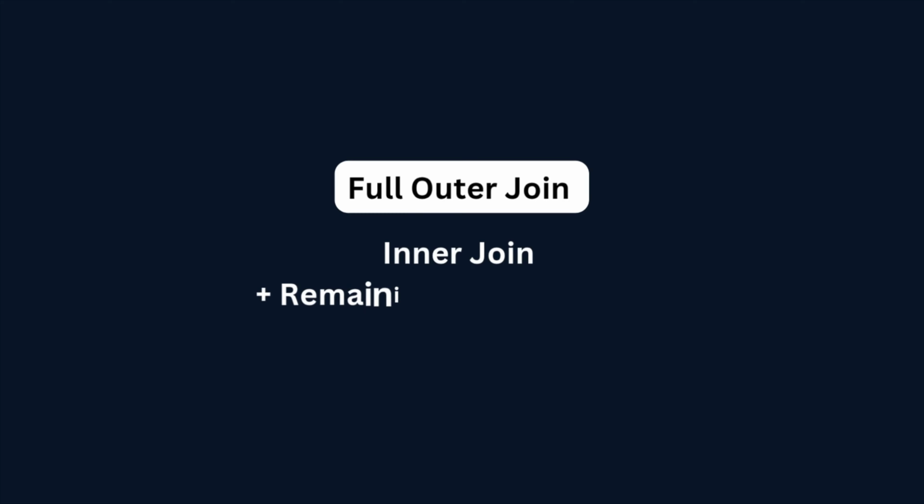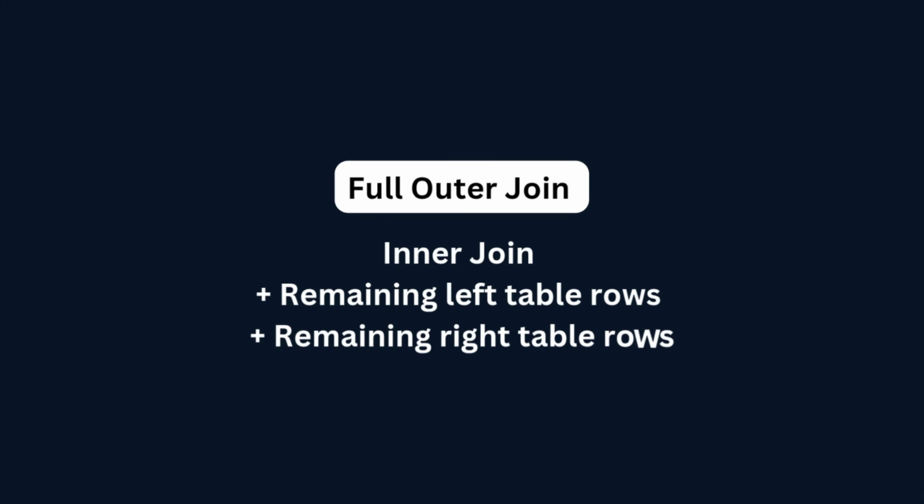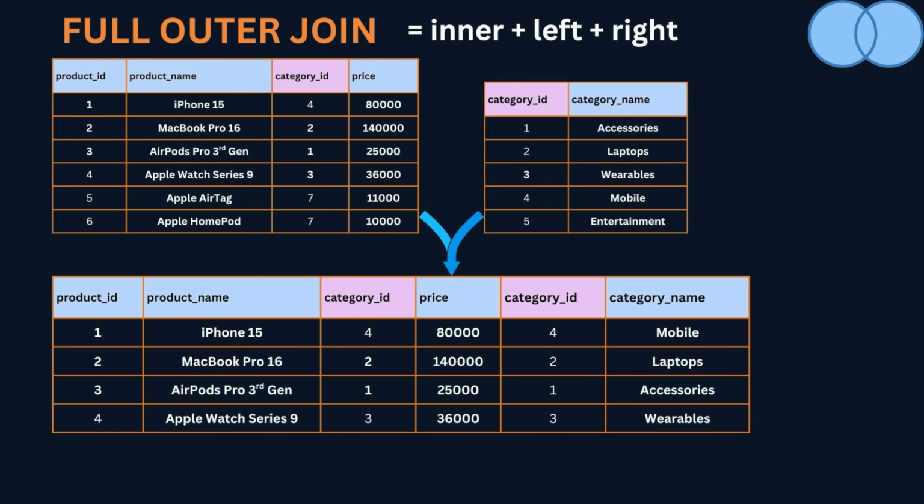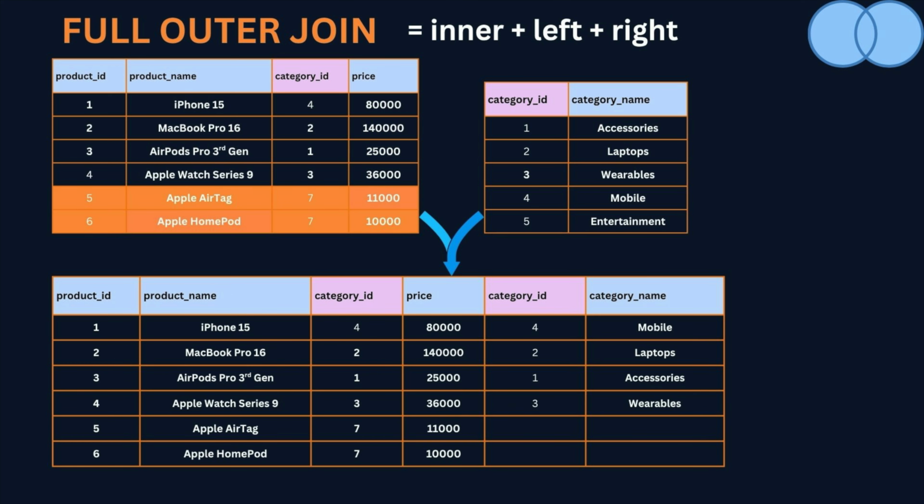And then the next important thing is the full join. We also call it as full outer join. Again, to simplify this, this is also an extension of inner join. So how? When we do a full join, it will basically perform the inner join and then select all the columns which are left over in the left table and then select all the columns which are left over in the right table. So this is our inner join result, which has 4 rows,